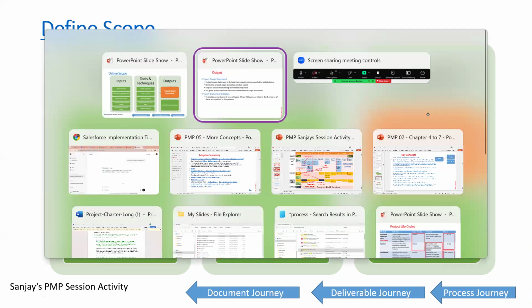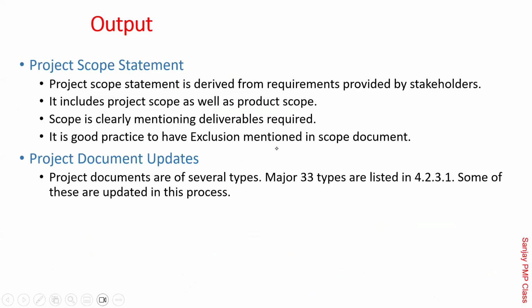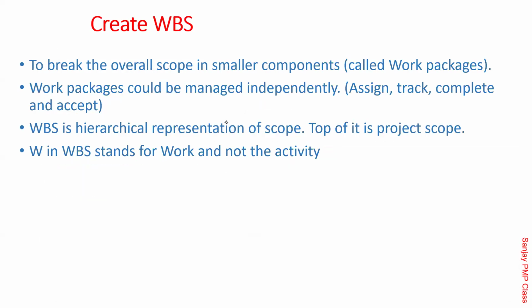So that's the difference. The project scope statement is what is getting created. Remember, when you are doing it, put what is included and what is excluded very clearly. Mention what is excluded. Don't go with an assumption that because I have included this, everything else is excluded. Write those things so that there are no ambiguities around them. Sometimes customers conveniently think that you will do even this. So mentioning very clearly what is excluded is always a good practice. The scope is very clearly mentioned, and the deliverables required, you need to write that as well.